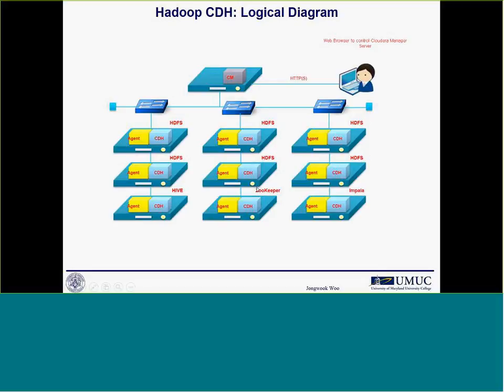But normally the small companies or research labs start with 3 or 5 nodes to compose a Hadoop cluster. And then whenever the data size goes bigger, you can add more servers. So it is called scalable, especially horizontally scalable, because you can add more servers. Whenever there is more data, you add more servers without any problem.